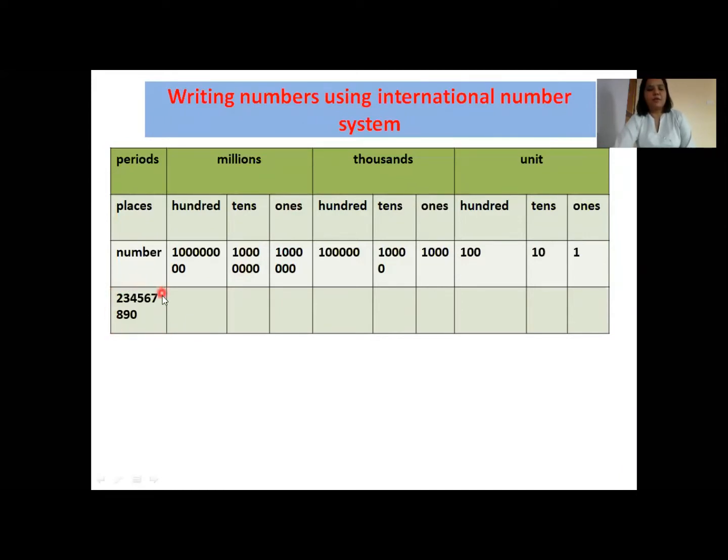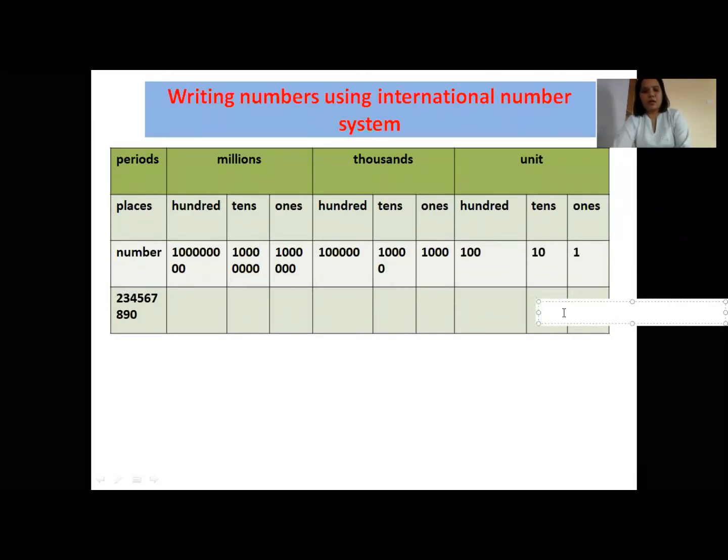I have taken the number here: 2, 3, 4, 5, 6, 7, 8, 9, 0. Now I am going to put this number in the place value table. I'll start from the last digit, that is 0. So I'll keep this 0 in ones place, 9 in tens place, 8 in hundreds place,